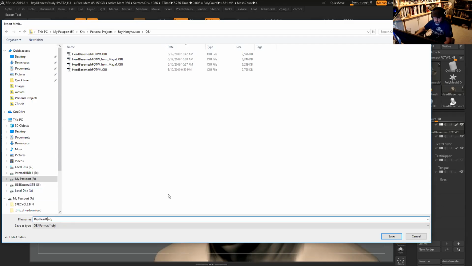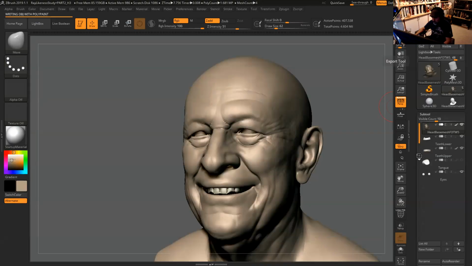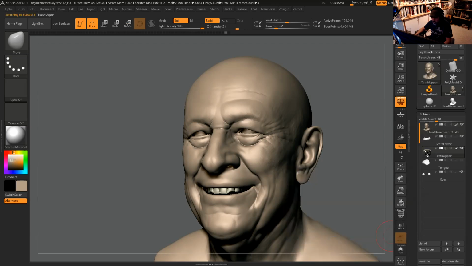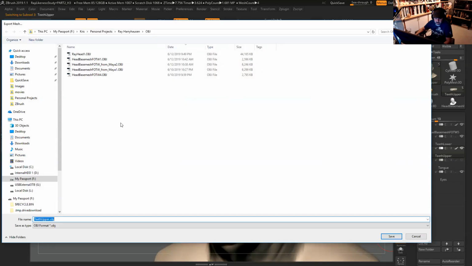So I'm going to go ray head 1. Fine. And exporting with polypaint, which I don't care about at this point. This one here is going to be another 194,000 polys. So let's do that.